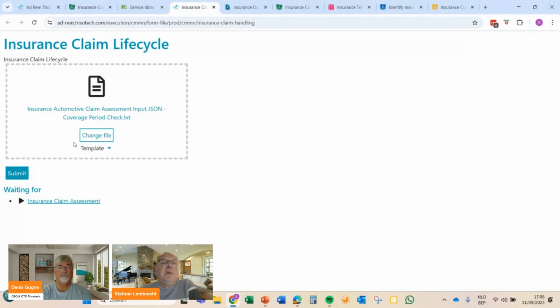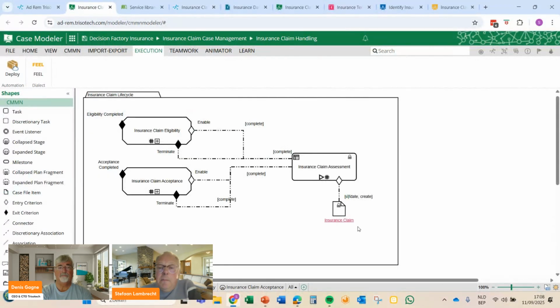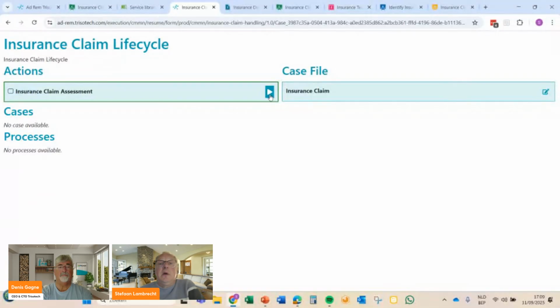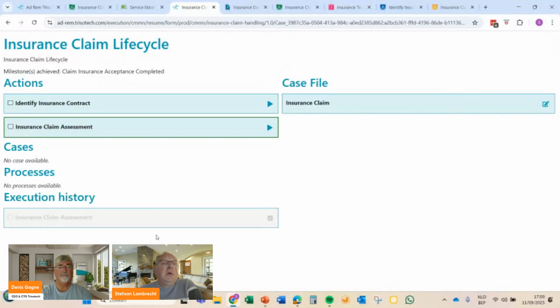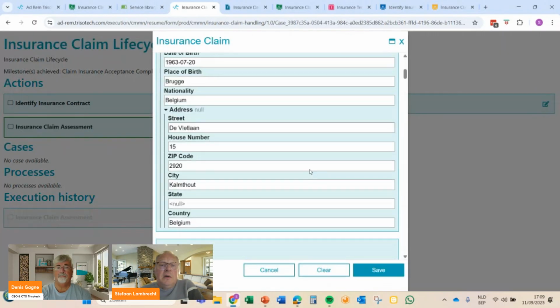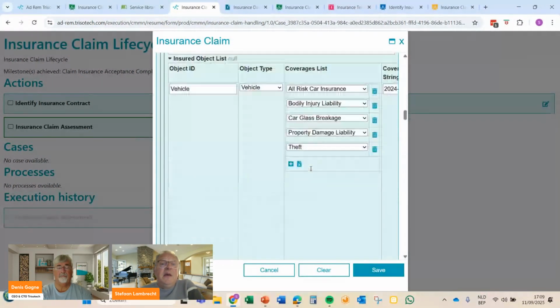And in fact, what happens now is it has this input. And then the first thing that needs to happen is that the DMN model is executed. So if I go back, I'm going to make this work. And once the DMN model has run, we can see the result here in the case data.